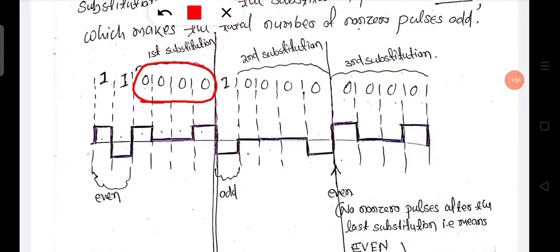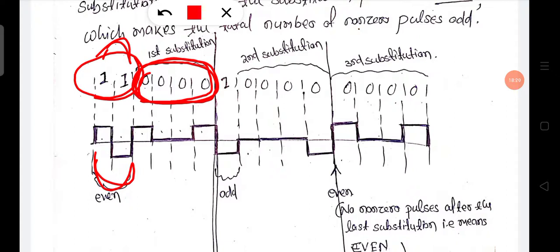Before the 4 consecutive zeros we should consider how many non-zero levels there are. Here 2 non-zeros are there, that means an even number of non-zero levels. So according to our rule, if the non-zero levels before the substitution are even, then we use the encoding process